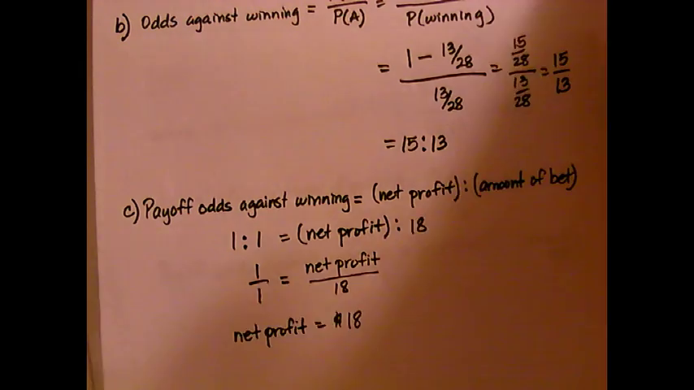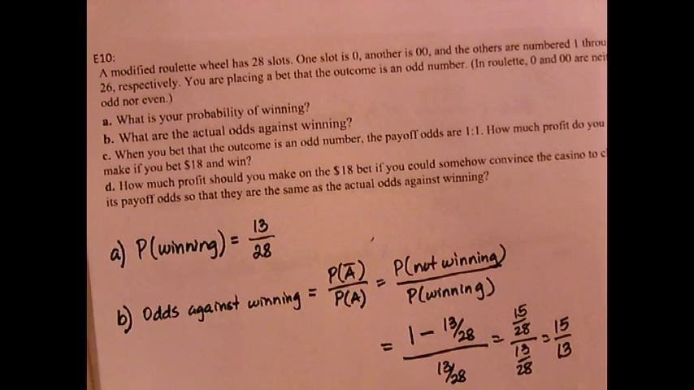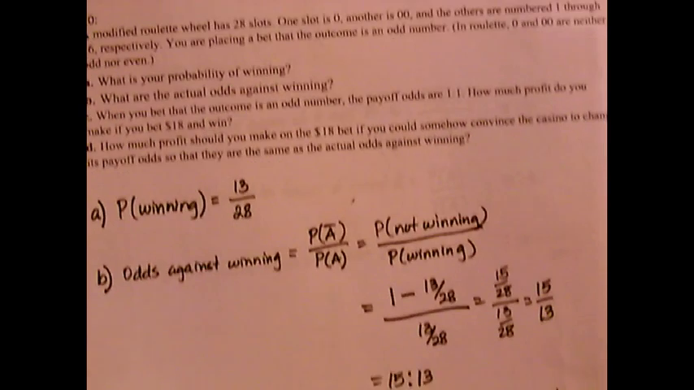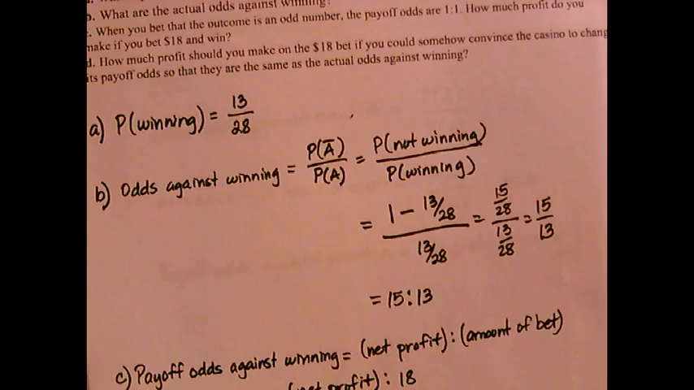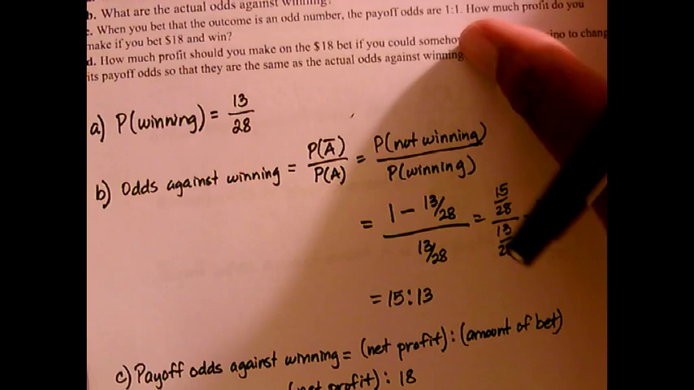Now part D. How much profit should you make on an $18 bet if you could somehow convince the casino to change the payoff odds so that they are the same as the actual odds against winning? Well, here in part B, the actual odds against winning was 15 to 13. That's what we came up with in part B. So in this case here,